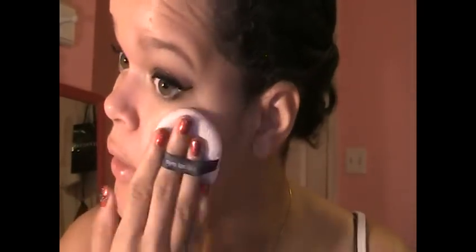A tip that is very good is to put on your powder by just pressing, tapping on your skin like I'm doing right now with a puff or any other sort of brush, just tap, tap, tap, tap, tap. If I was using this brush, I would gather the powder and then tap, tap, tap, tap, tap. And the reason you want to do that instead of buffing